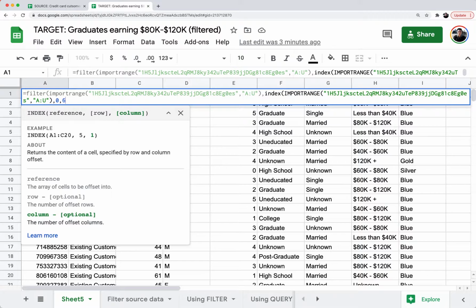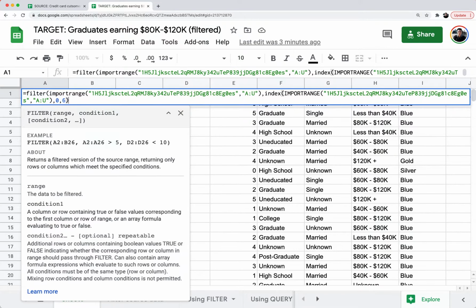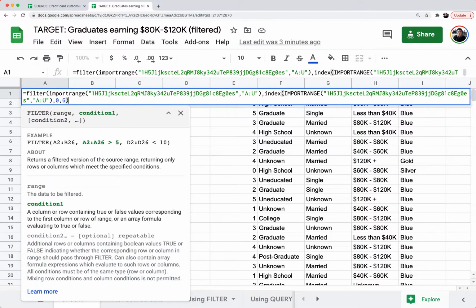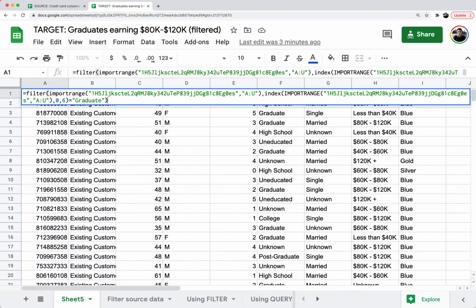And so by saying this, I'm telling Google Sheets I only want to look at the 6th column in my source Google Sheet, which is my education level column. And then I'm going to write right parentheses to close out the index function. And then right here is where I write equals, double quote, graduate, double quote, and then right parentheses to close out the full filter function. If I hit enter,